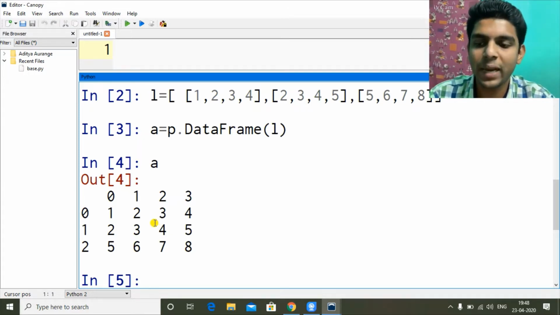Default column names are assigned, and the default column names start with 0. So 0, 1, 2, 3, and default row names or index, which is 0, 1, 2. So here the rows are called index, so keep that in mind. Index and columns are assigned default, system-generated values. We can give user-defined indexes and columns at the time of creation as well as after creating. Later we will see how we can reassign the column names and index names. Okay, so using a list, that's how a data frame gets created.